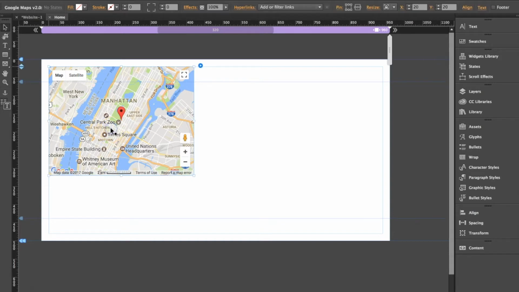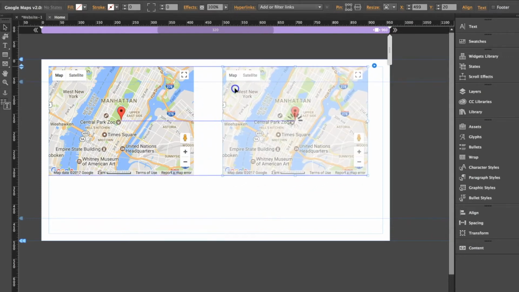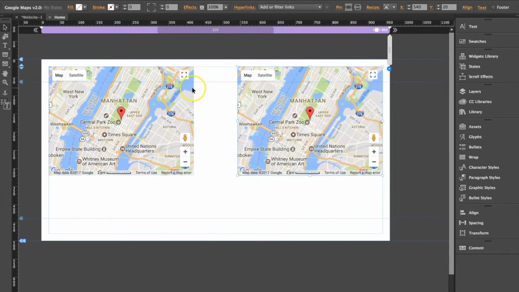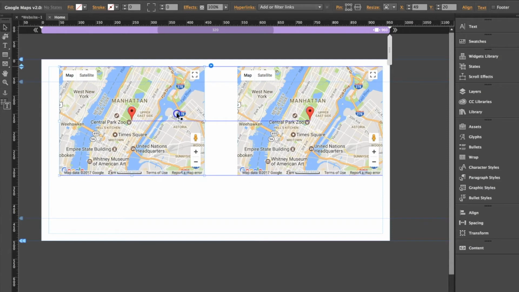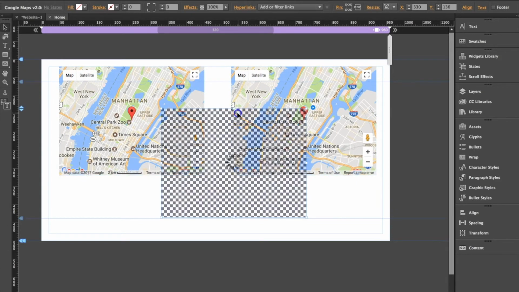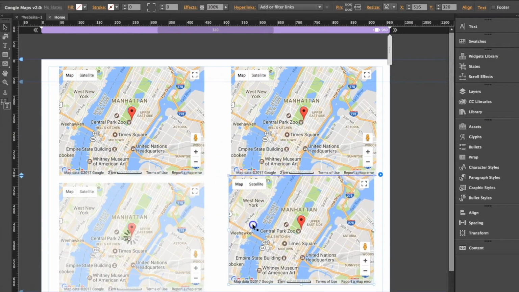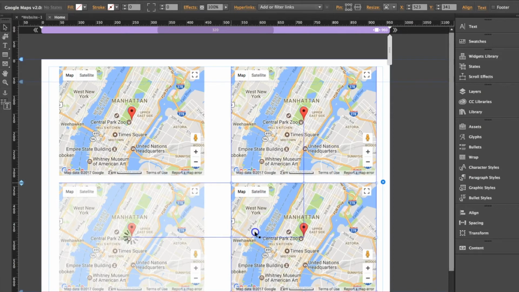However, in the event you have multiple maps per page, for example, I just copied and pasted this widget again, so now we have two maps on a page. But I'm going to be pretty crazy here, and I'm going to do it a total of 4 times. There's my third map, and then there's my fourth map. On this screen right now, things look perfectly fine, and that's because inside the design environment, Muse is kind of using this widget